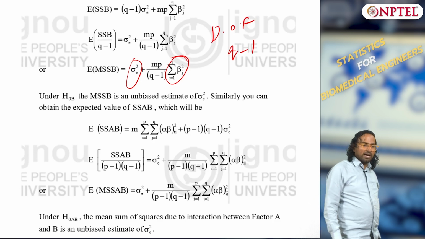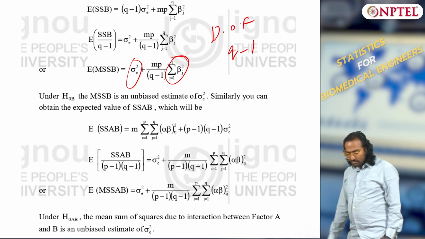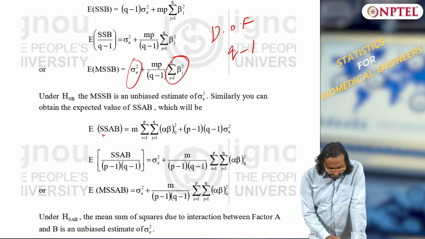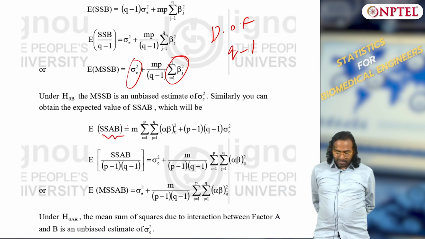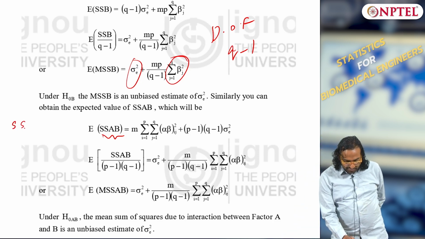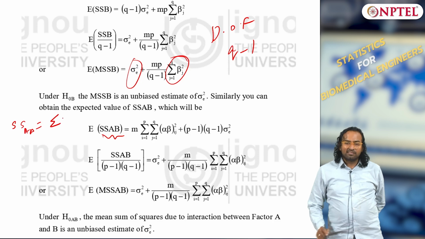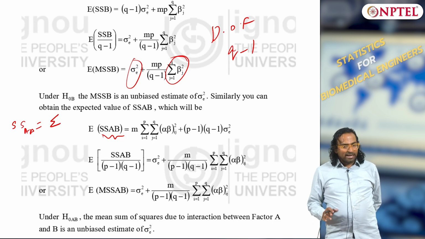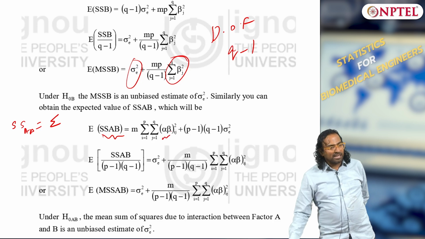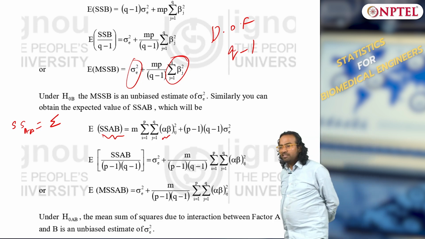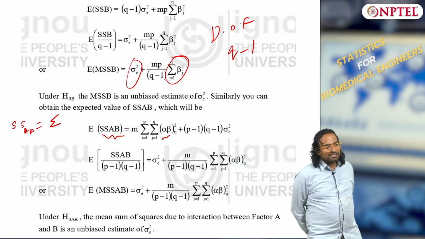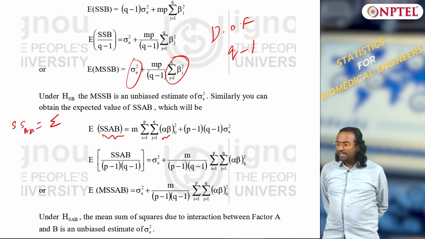Now comes the interaction part, which is slightly newer to us, okay. So what is the expectation of sum squared AB? How do you define sum squared AB? You wrote SSA, SSB, what is SSAB? This is going to be a summation, okay. Now it is a bilinear term, we call this bilinear because it is alpha times beta, a multiplication term. If I say xyz, we call it trilinear, okay. So this is a bilinear term.